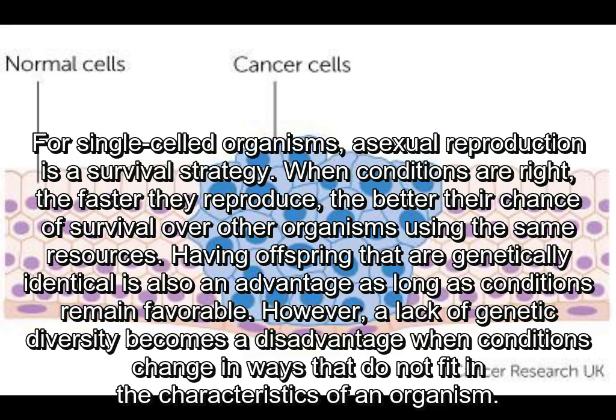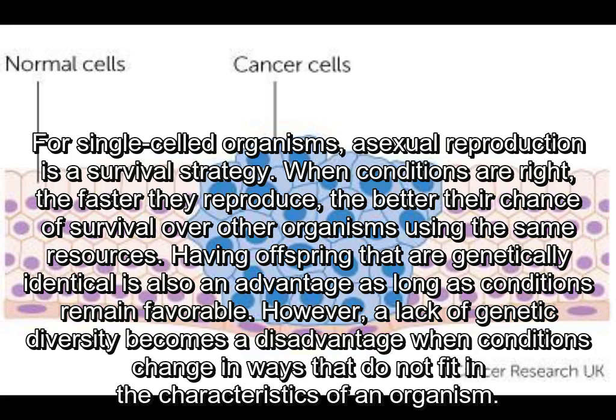For single-celled organisms, asexual reproduction is a survival strategy. When conditions are right, the faster they reproduce, the better their chance of survival over other organisms using the same resources. Having offspring that are genetically identical is also an advantage as long as conditions remain favorable. However, a lack of genetic diversity becomes a disadvantage when conditions change in ways that do not fit the characteristics